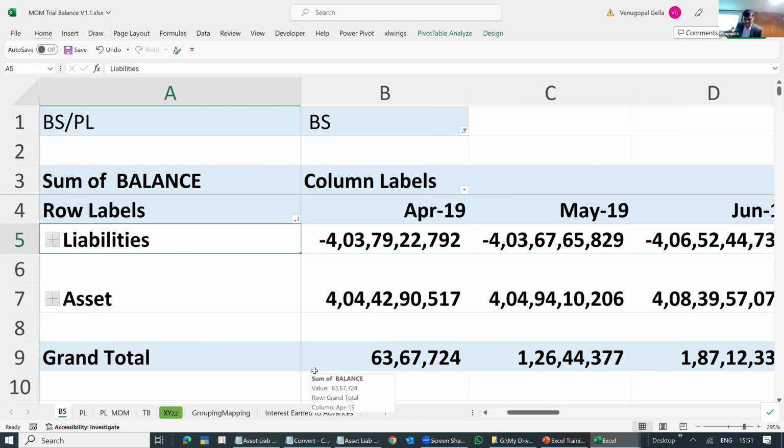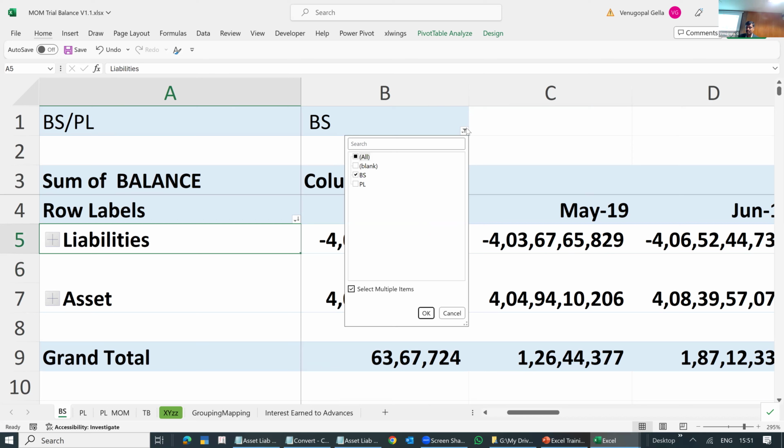Yeah. So can you see the liabilities and assets are not matching. Any idea why? Because I have taken only the balance sheet. P&L profit or loss is not adjusted. That is why the difference would be there in the P&L.